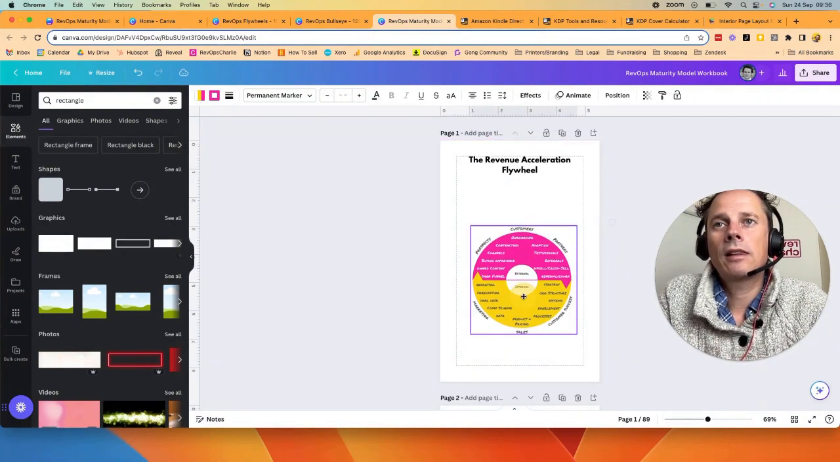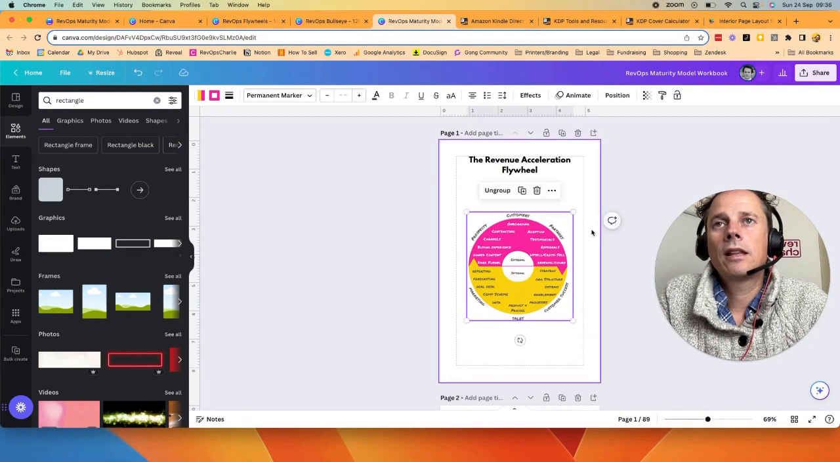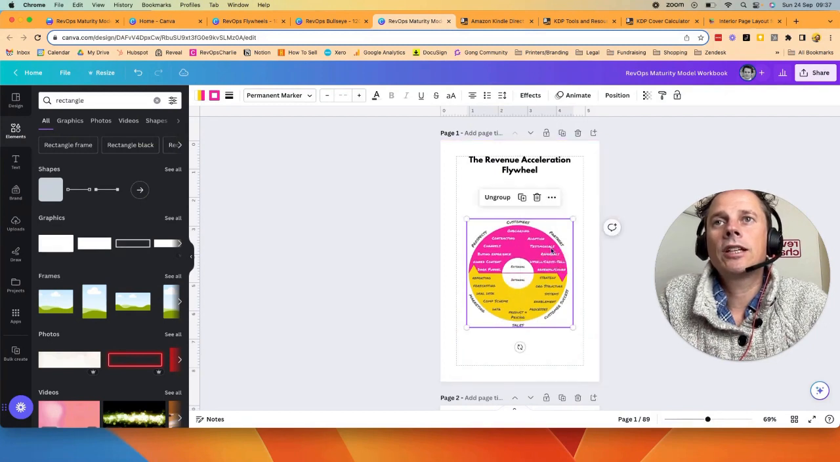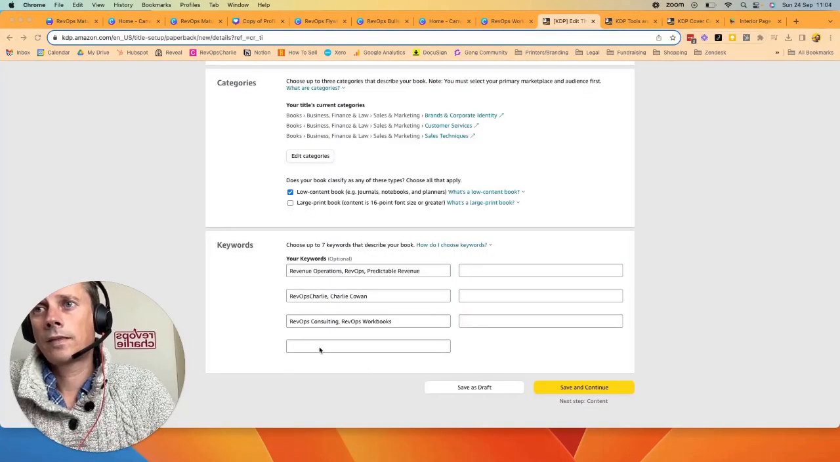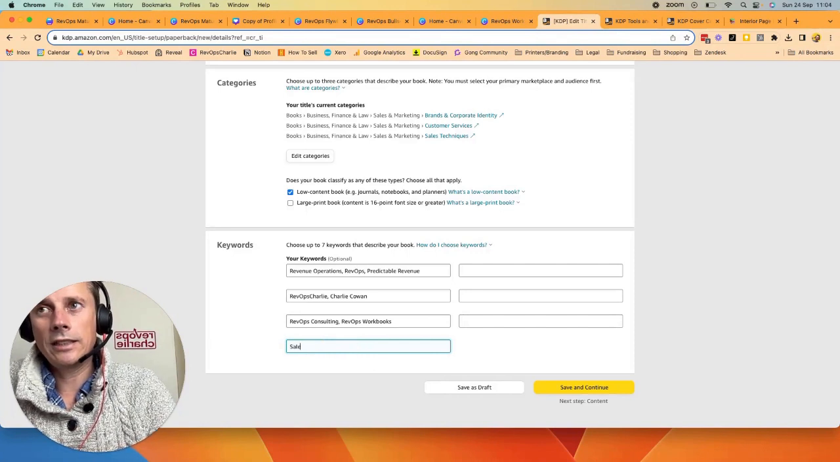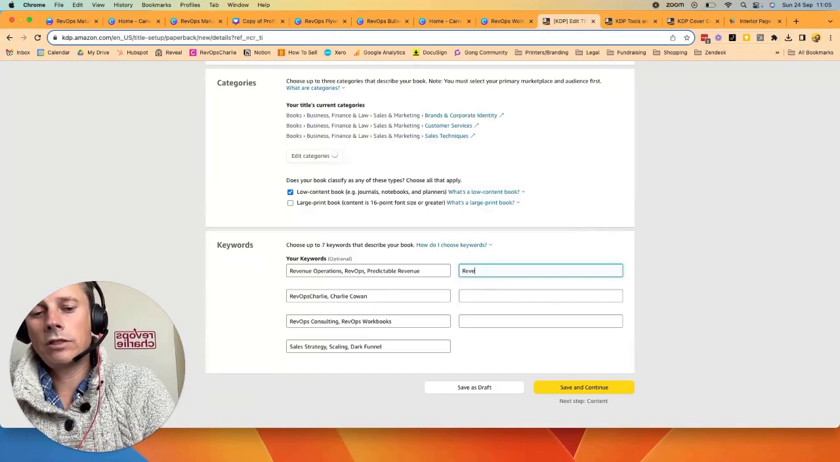And I'm just going to add in a little bit of text. And then some other keywords, so sales strategy, scaling, dark funnel, revenue acceleration